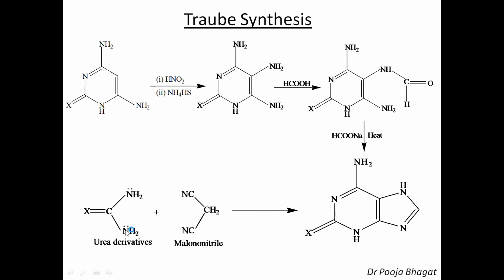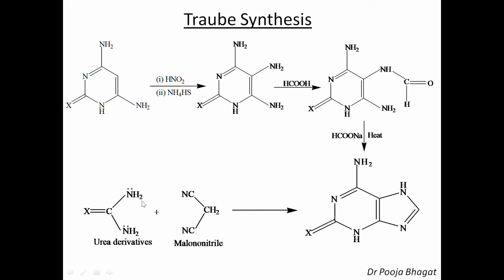The nitrogen, if you can recollect, in the mechanism we have discussed, the lone pair of electrons will attack on the carbon and the pi electrons will shift towards the oxygen. So this carbon is this carbon and this nitrogen is this nitrogen. So this is the part of the purine. This CN comes from this CN. Okay, this CN is in this form and this CH2 is here at the 5th position and this is the 6th carbon and this nitrogen is the amino group which is present at the 6th carbon.